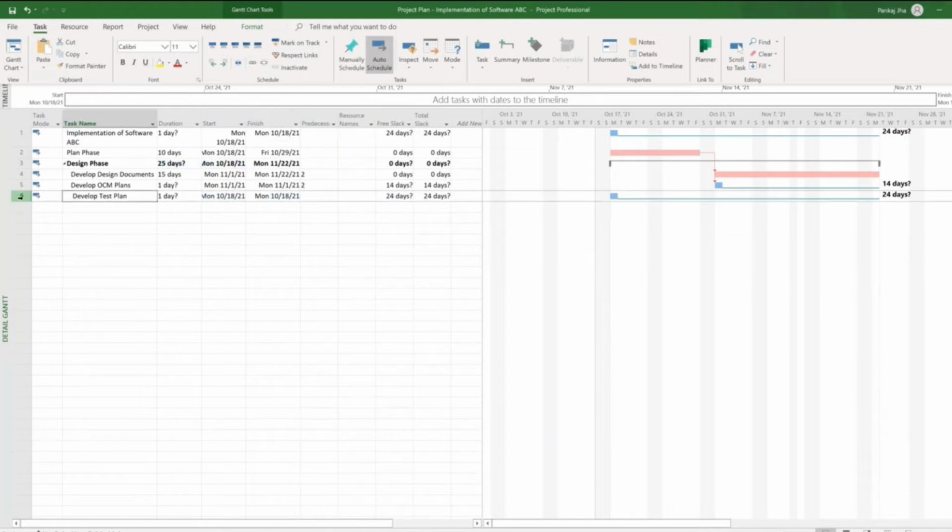Now develop test plan, I'll apply a different dependency on this, a different predecessor. Now this develop test plan, I want to start after 5 days of completion of this develop design documents, right? 5 days after the start of the design document. So what I can do is